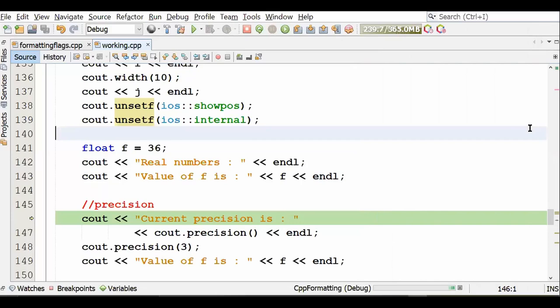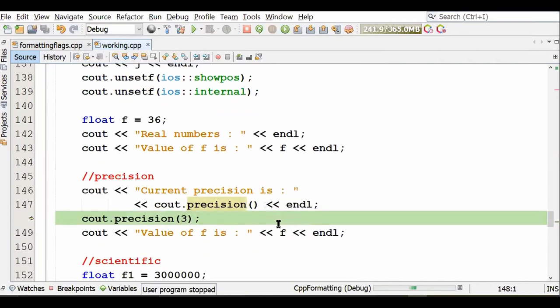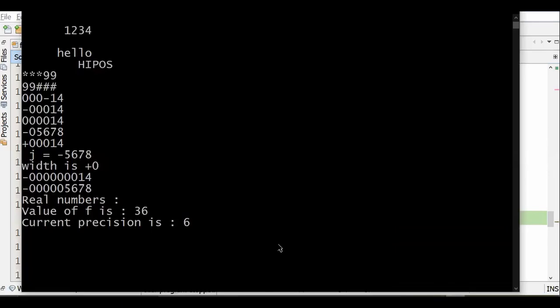So if you want the decimal point, क्या करें? I now have a method called precision. Formatting function, precision. It will tell you what is the current precision. तो current precision क्या है? Let's check. अरे 6-digit precision is by default, so it should have displayed 6-digit precision. अरे but the number that you had did not have a decimal point. Since there was no decimal point, there is no question of precision.